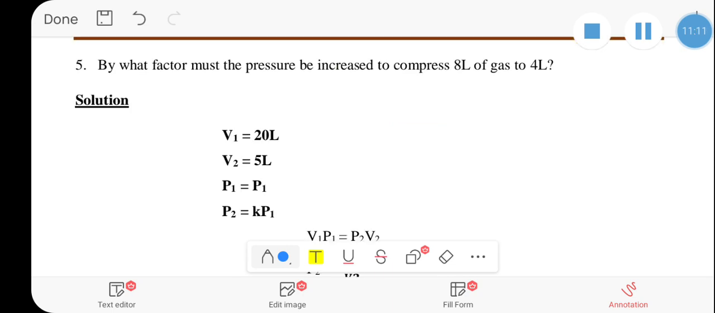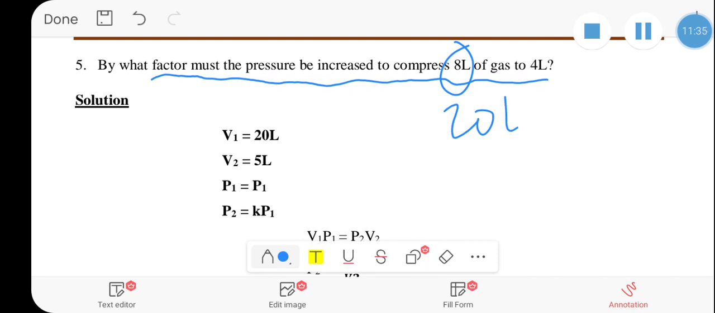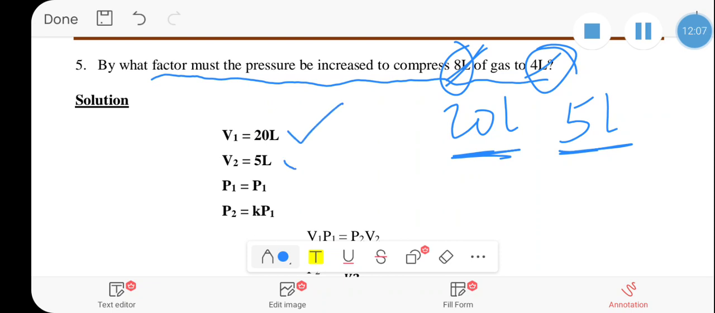የመጨረሻው ሞስት ፕሪሳይዝ ኩዌስችን by what factor must the pressure be increased to compress 8 liter of gas to 4 liter ነው የሚለን። እቺኛዋን 20 ሊትር አድርጓት፣ በ20 ሊትር ነው የሰራሁት። እቺ 8 ሊትር የምትለዋን 20 ሊትር አድርጓት። እቺኛዋን ደግሞ 4 ሊትር የምትለዋን እዛኛው ጋር ተቀራራቢ ስለሆነ ነው የቀየርኩት። 5 ሊትር አድርጓት። ተቀራራቢ ነው፣ ቅድም ከሰራሁት ጋር ተመሳሳይ ነገር ነው። by what factor must the pressure be increased to compress 20 liter of gas to 5 liter ነው የሚለን። therefore v1 is 20 liter, v2 is 5 liter,